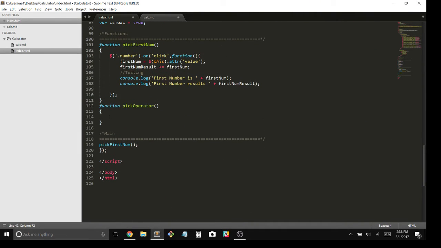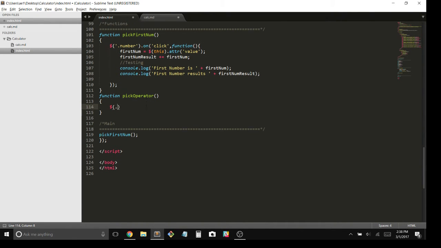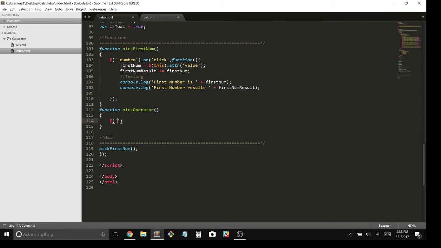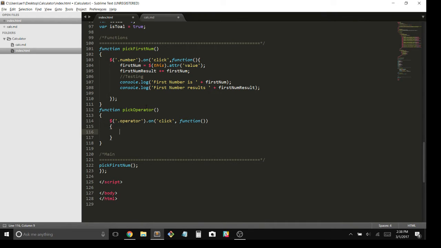So if I jQuery operator class dot on click, anonymous function,